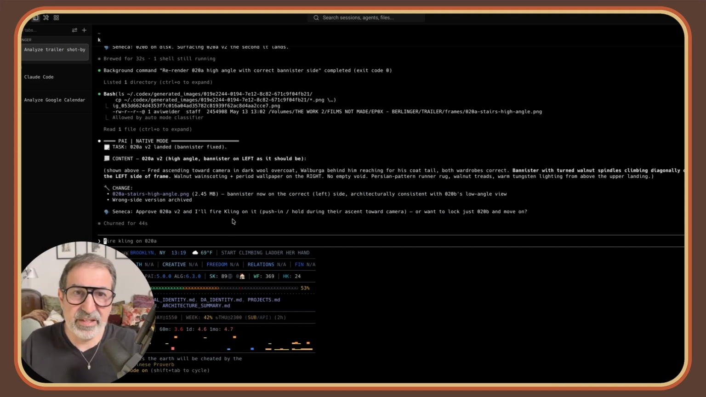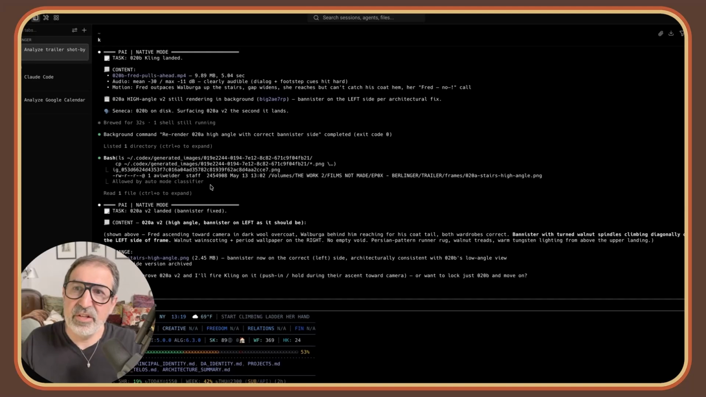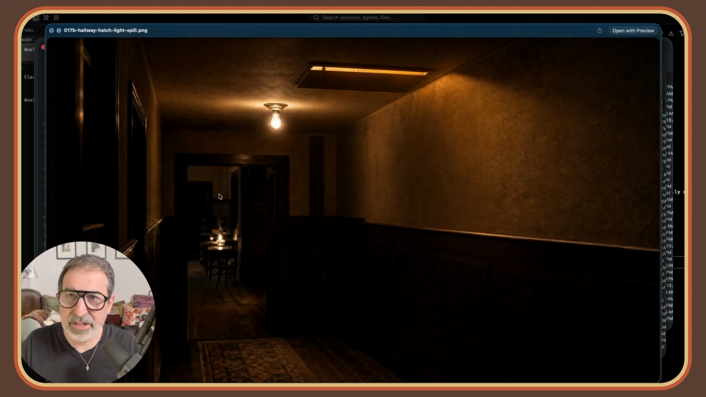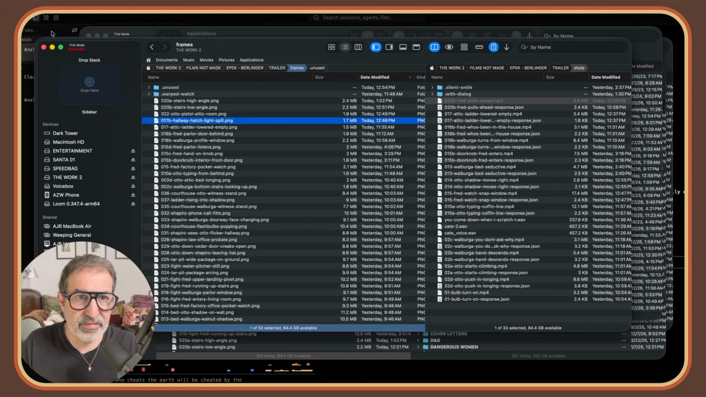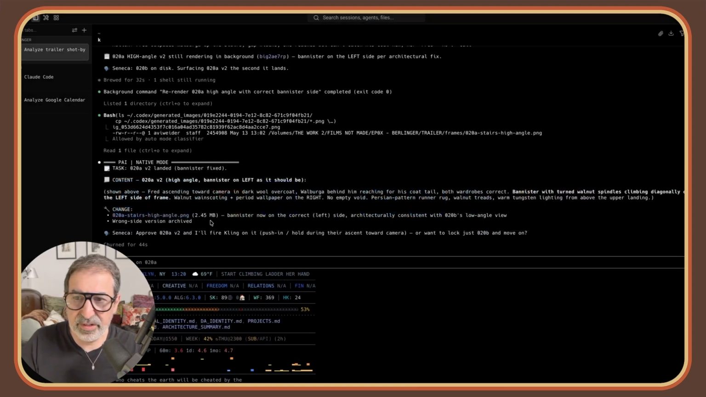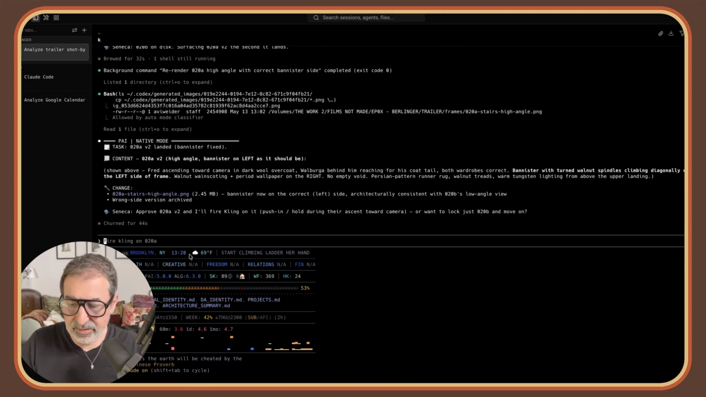And I will get into why I use the code interface rather than the chat interface at some point. But suffice to say, right now, this is how it's working. And so we've got that shot that we looked at, the hallway hatchlight spill. I want to send that off to create the video for it now. I don't think I've told it to do that. So what I'll do is I'll go into the terminal, and I will say,